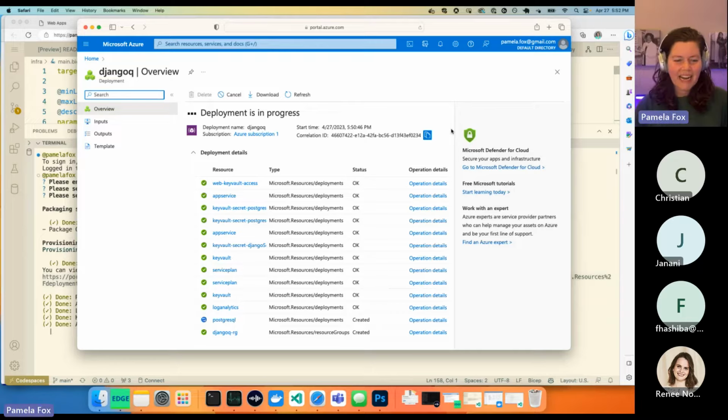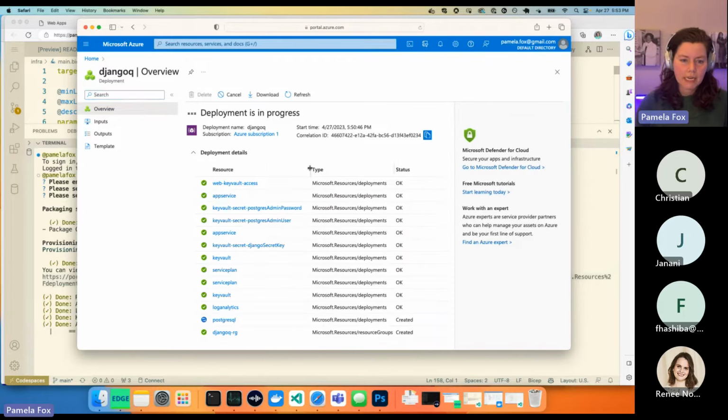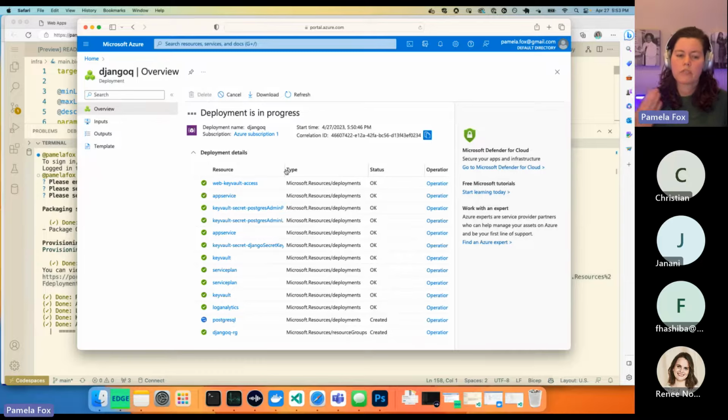Yeah. So you see the deployments happening. And the cool thing is with the Bicep files, it actually looks to see what things it can do in parallel. It makes a dependency graph and figures out, oh, this is dependent on this, so we have to do them in a certain order. But if they don't have dependencies, it can make these things in parallel. So that's another advantage of using Bicep or ARM, is that your creation of all these resources can be faster.